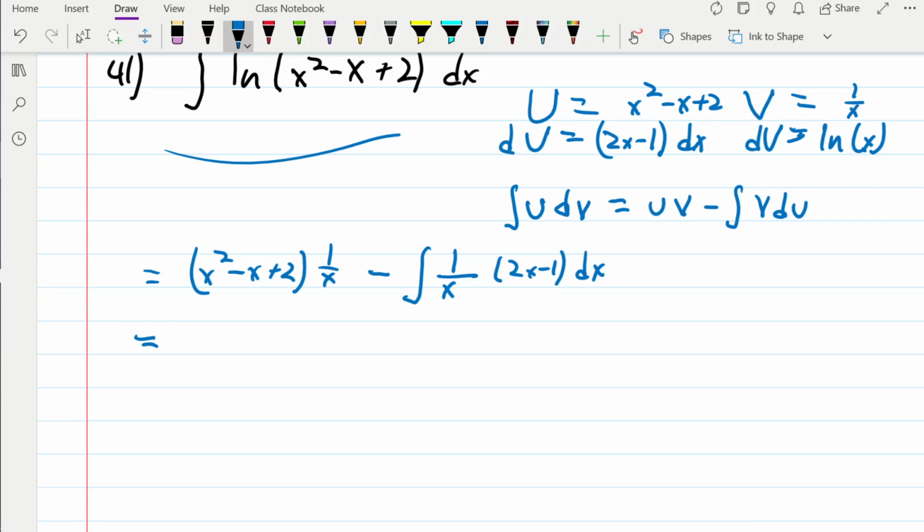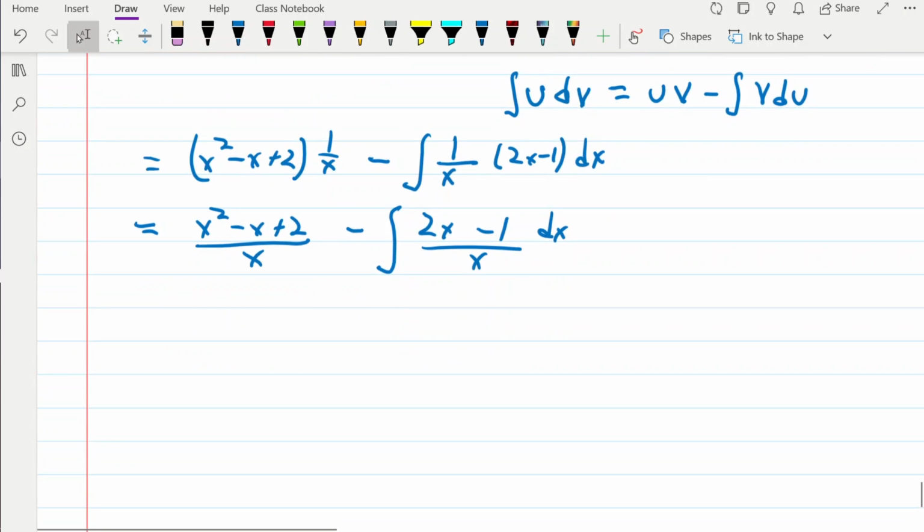Okay, so that's going to be equal to x squared minus x plus 2 over x minus, so that's going to be 2x minus 1 over x dx. We're going to be able to split that into two different integrals. So x squared, well, actually we can even simplify an x out over here. So x minus 1 plus 2 over x